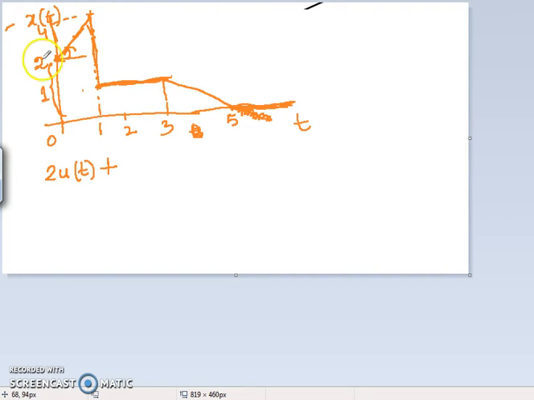Now what is the m of the ramp? That means the slope of the ramp. The slope of the ramp is, this part is 2 and this part is 1. So the slope of the ramp is 2. And where has it started? It has started at t equal to 0. So the function of the ramp will be r(t). Clear? So from this part, we come to this part.